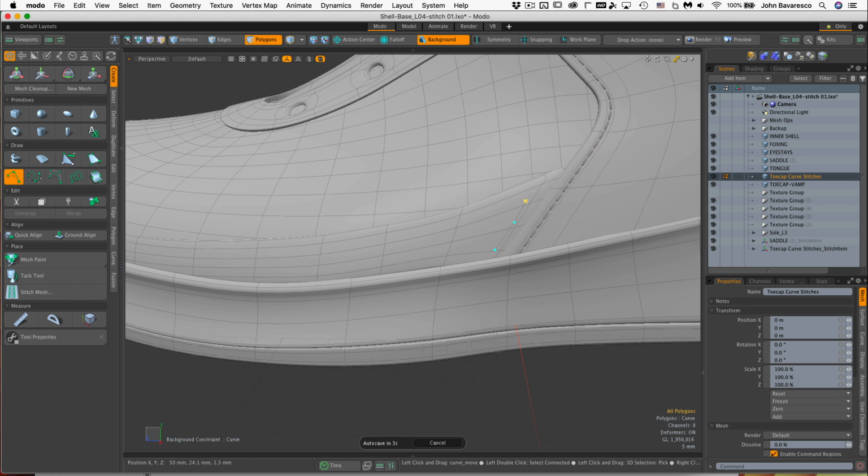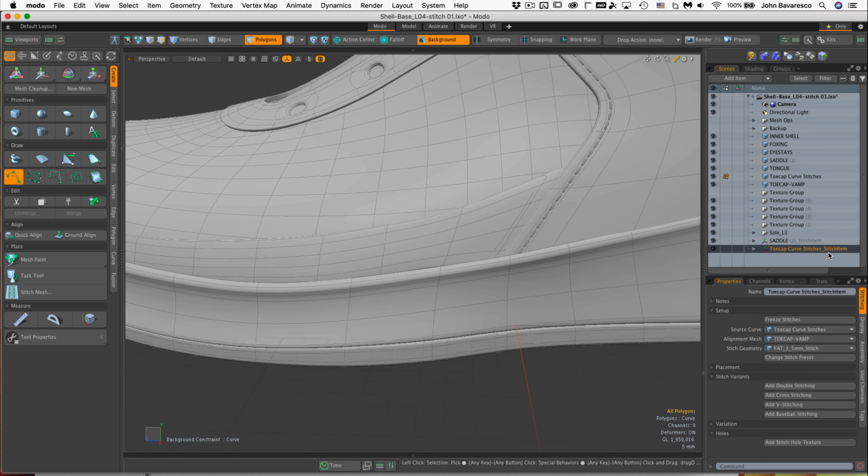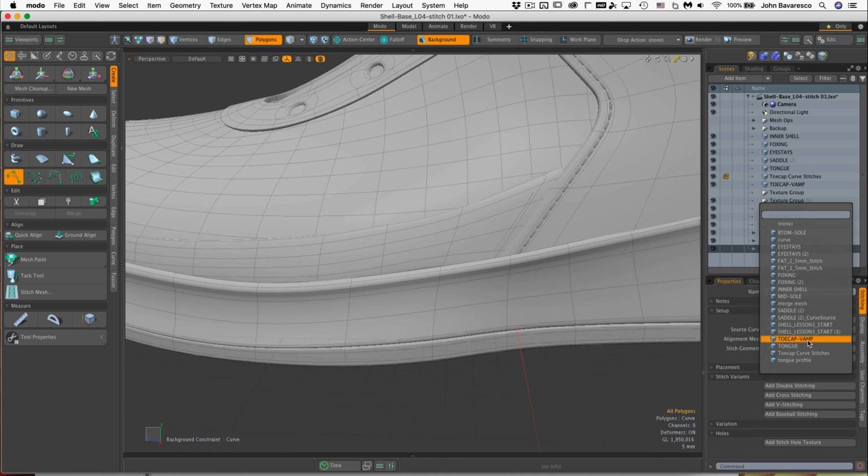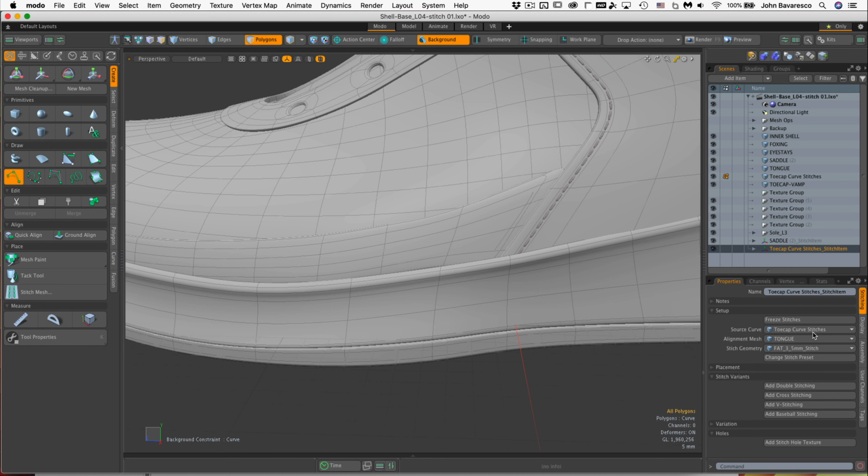Now, if nothing happens at the beginning, no big deal. Just go back over to the toe cap curve stitch item and reselect that, or actually change to a different item and change back. And there it is. I don't know why, it's just a little bit of a bug, but it's not a big deal. Now I got to go back over to my